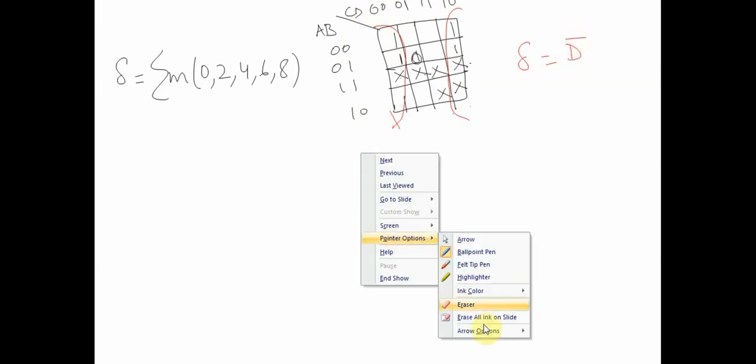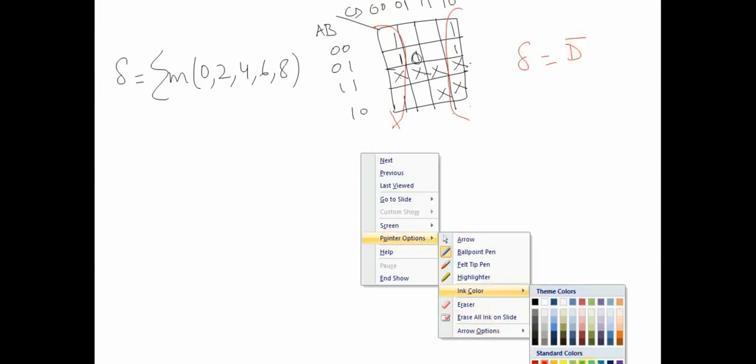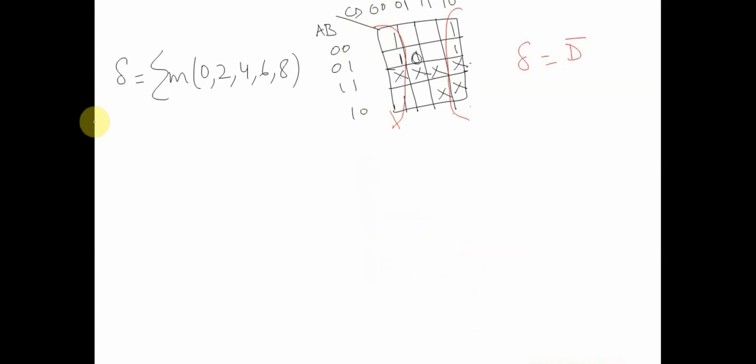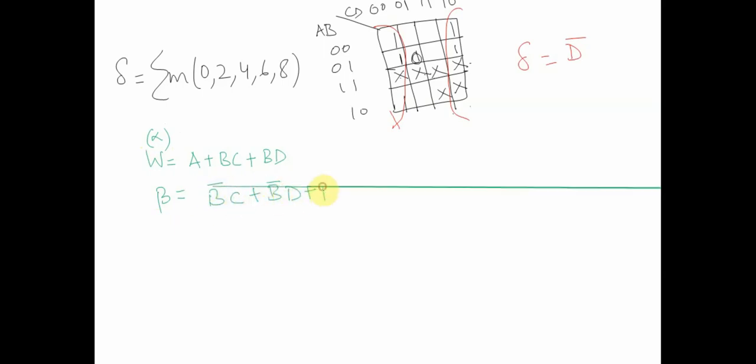So now if we put all these equations together, I would say my W is equal to A plus BC plus BD. So basically W is nothing but what we call as our alpha. My beta is equal to what? B bar C plus B bar D plus